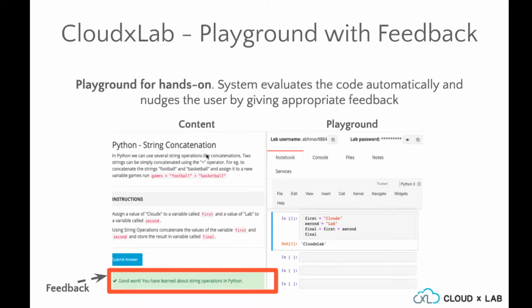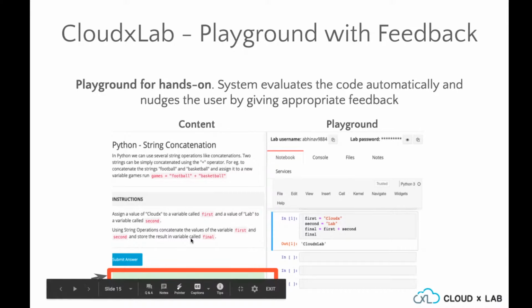If you ever log into CloudxLab, and I recommend that you look at it, you get 15 days of the lab free, so you can start and work with it. If you log in, you'll get two sections: a playground and a content section.